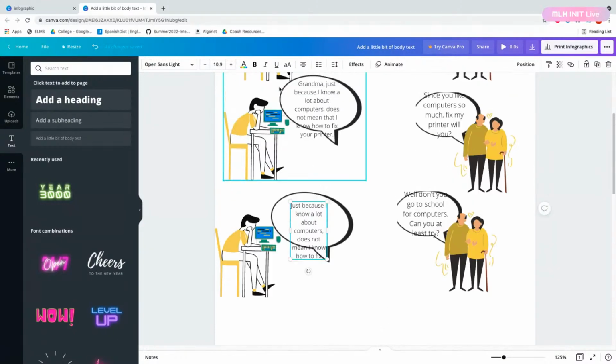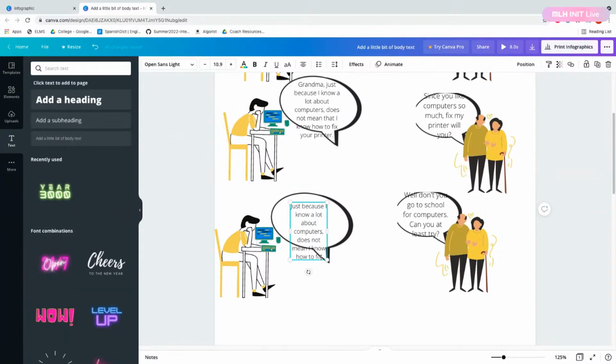Is that what this said? Oh yeah, you're right. I guess I'm talking to myself here. I do. So well, don't you go to school for computers? I do go to school for that. Or how about this? Not every computer science student knows how to fix a printer.